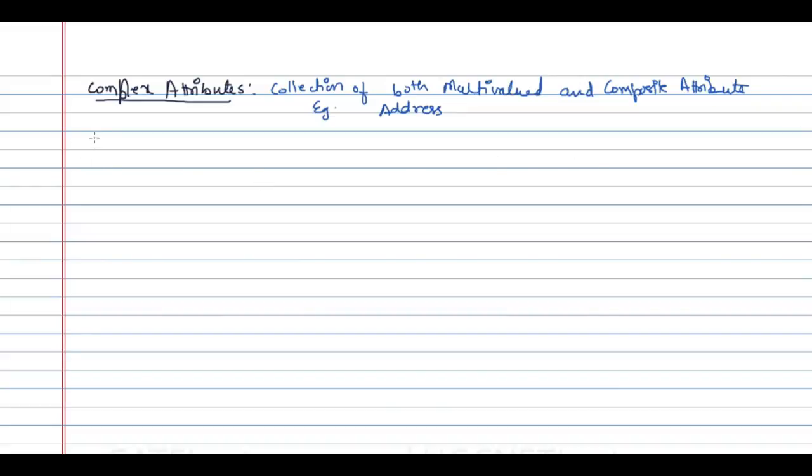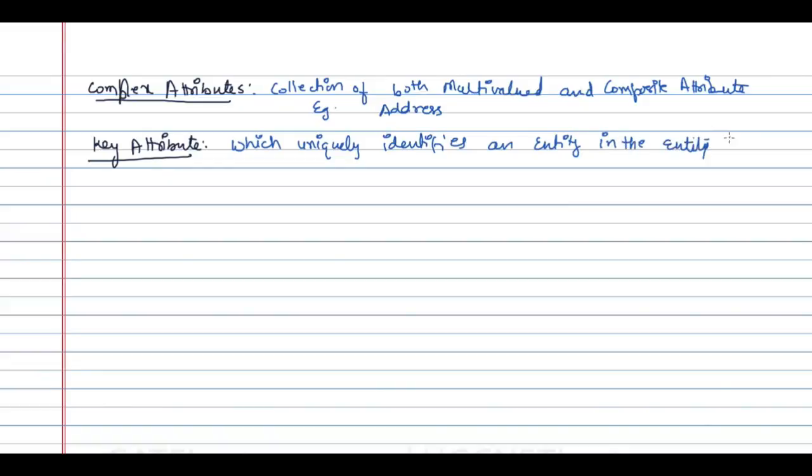And the last one is the key attribute. The key attributes are the attributes which uniquely identify an entity in the entity set.